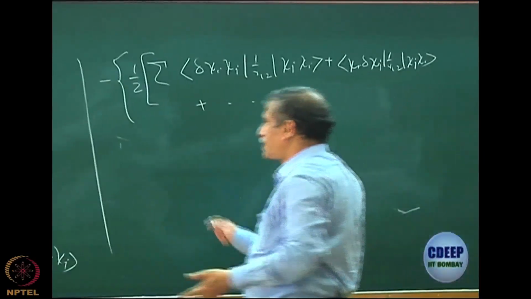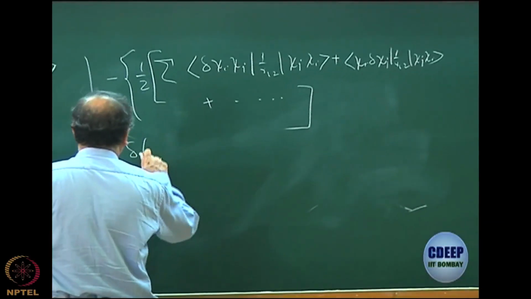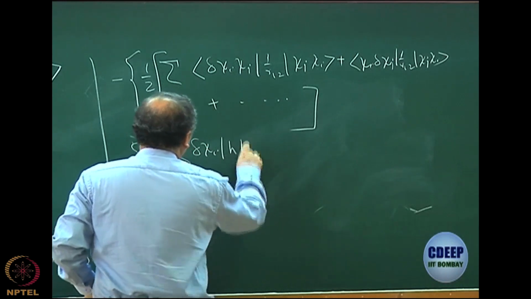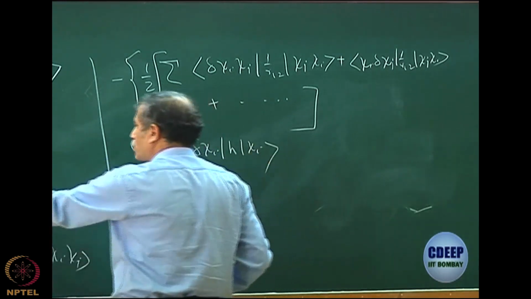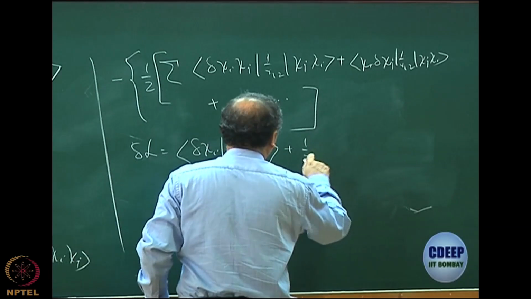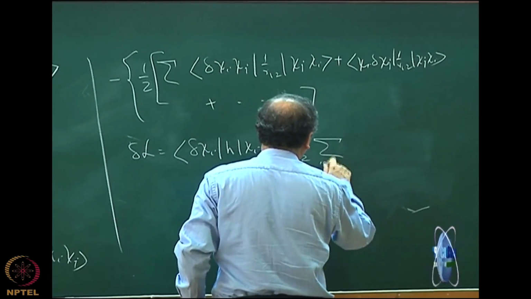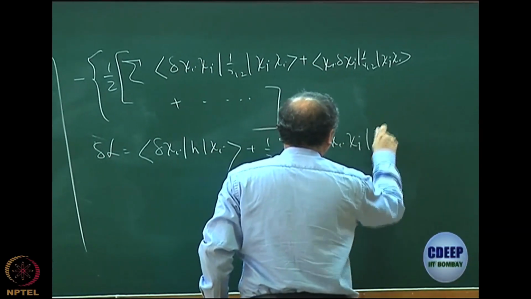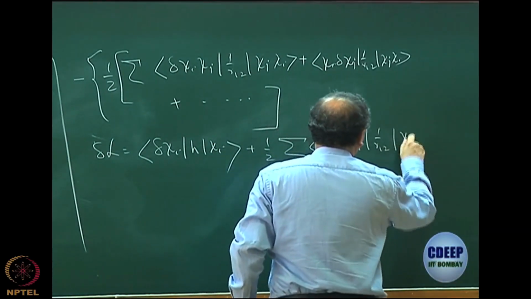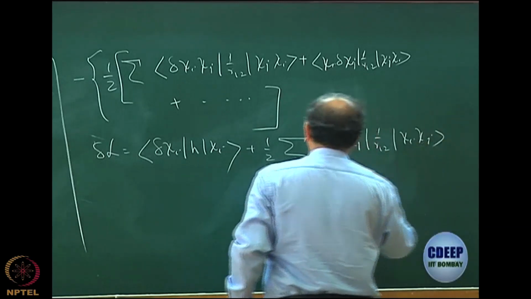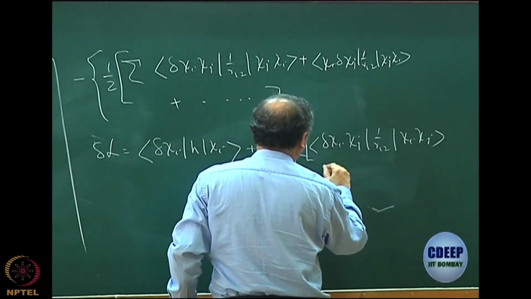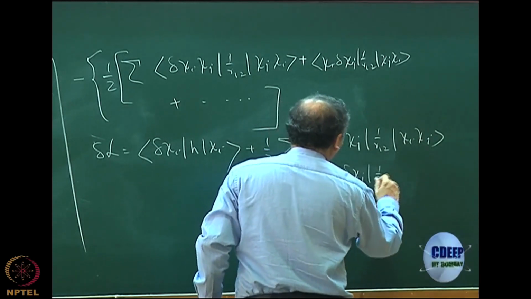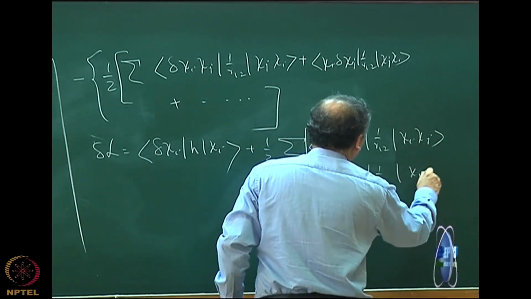So we decide to write this as delta L equal to delta chi I H chi I. So I will not write this conjugate term, plus half of sum over ij delta chi I chi j, 1 by R12, chi I chi j, plus chi I delta chi j, 1 by R12, chi I chi j,